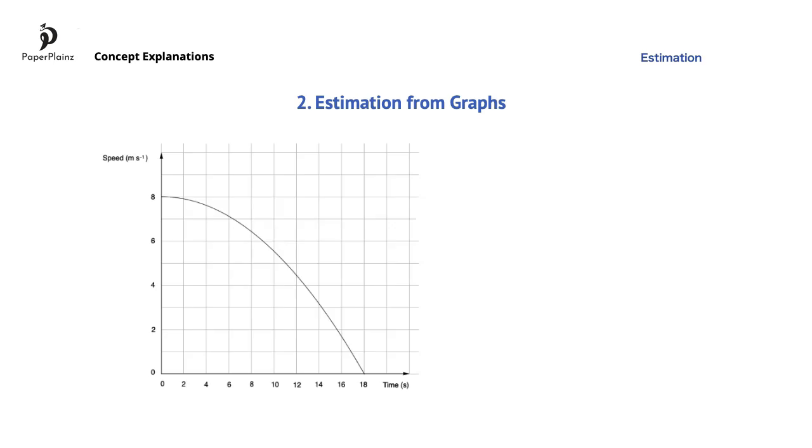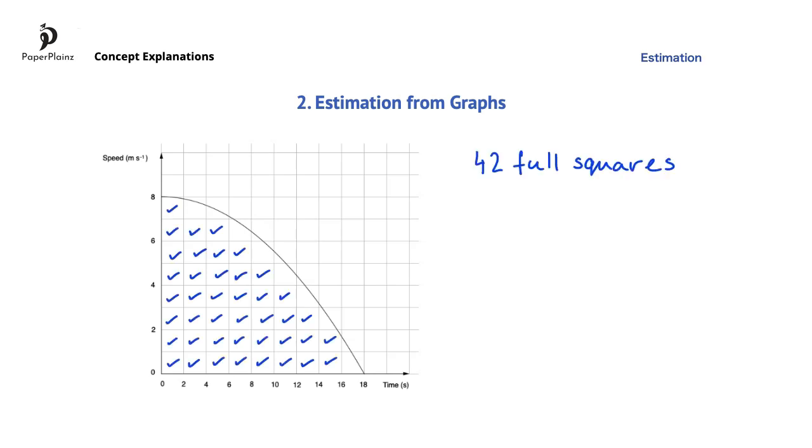This graph shows how the speed of an object varies with time. The area under this graph is the distance traveled by this object. No worries if you haven't learned this yet. Here we are simply interested in estimating the area under the graph. We can do this by working with the small squares. We have approximately 42 full squares and about 9 squares that we will count as half squares. Of course, some of these half squares are more and some less than half of a square, but overall these differences approximately balance each other out and give us an area of 4.5 squares, which adds up to a total